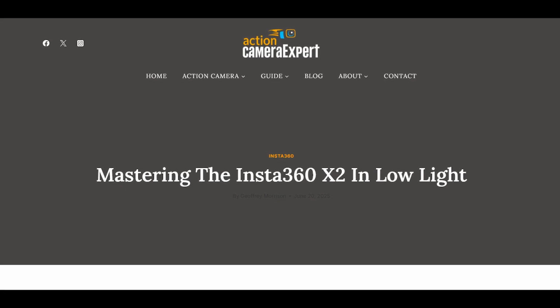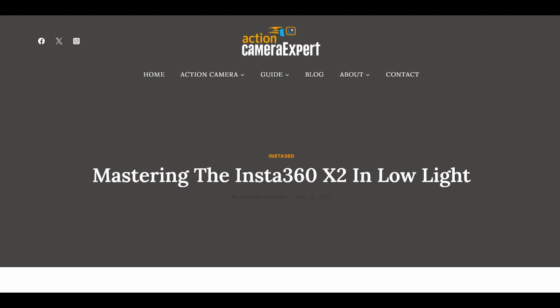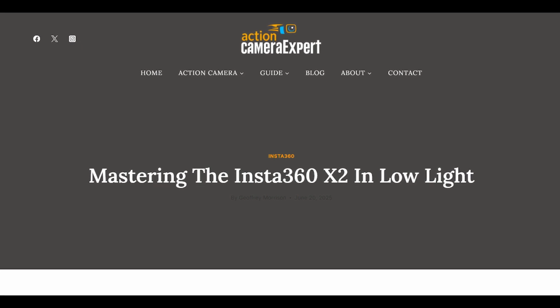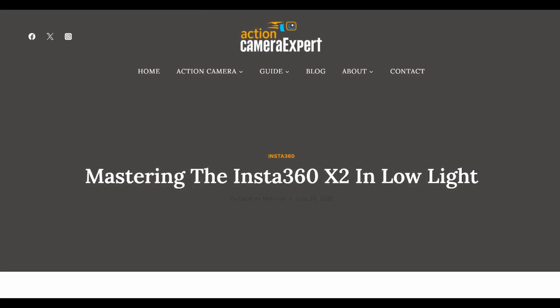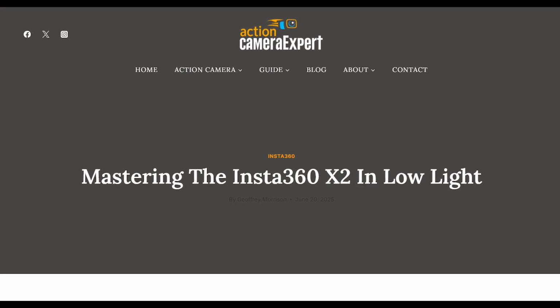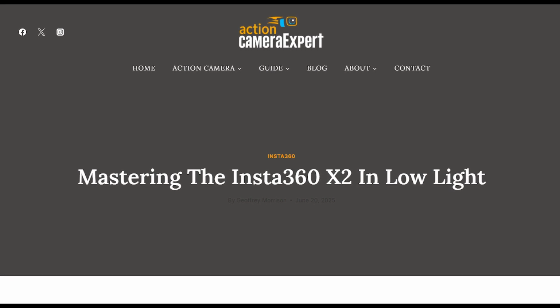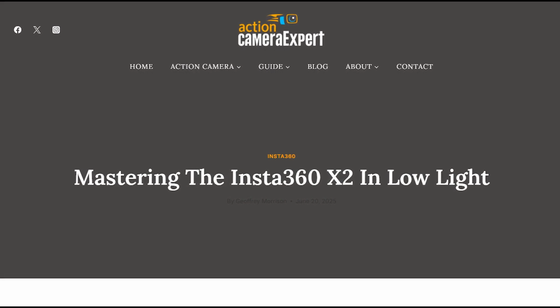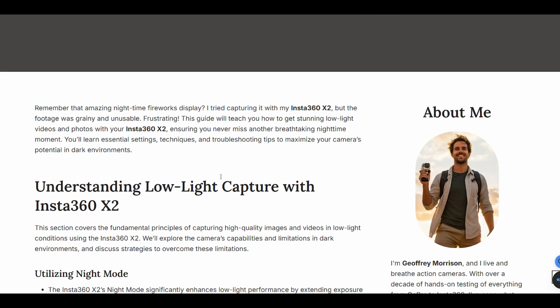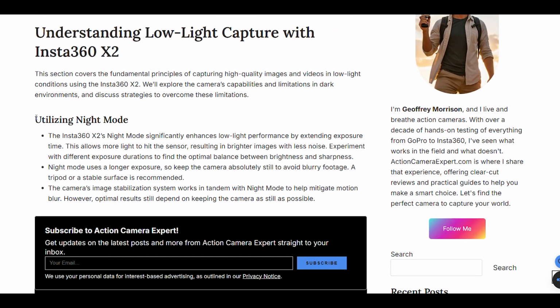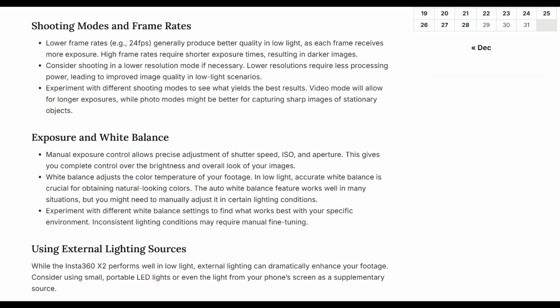The third resource focused on technical settings and low light optimization for the Insta360 X2, which directly applies to the X3. It explained how to capture high quality images and videos in dark environments by using night mode, or adjusting the ISO and shutter speed manually, selecting lower frame rates and using longer exposure, low frame rates in video. The guide also emphasized the importance of using tripods, external lighting, and post-processing techniques to reduce noise and improve sharpness,